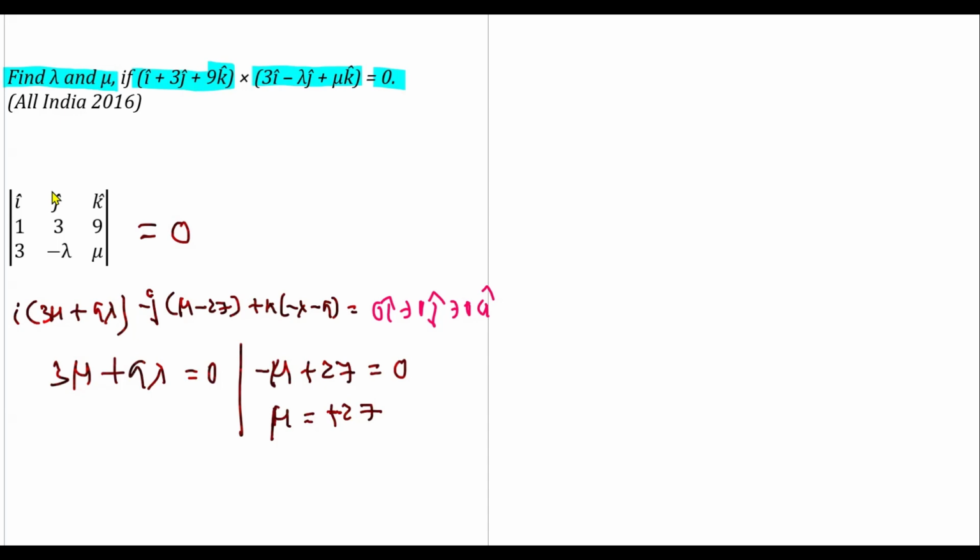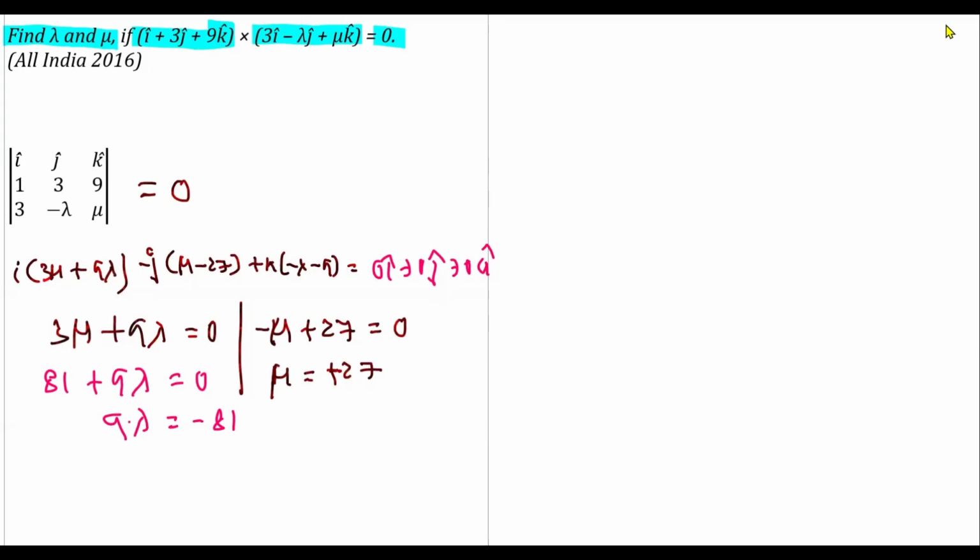Now placing this positive 27 over here on the LHS, what we are getting, 27 into 3 is how much? 81. So it's 81 plus 9 lambda should give you how much? 0. So 9 lambda is equal to minus 81. That results to